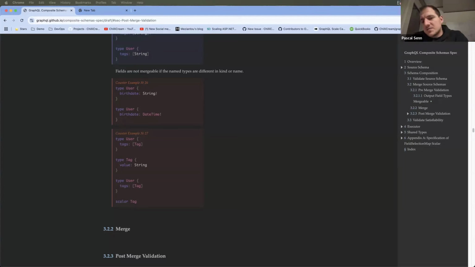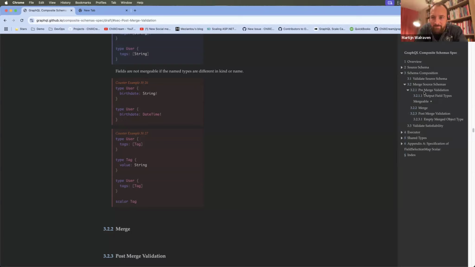I've checked what you have in validation in Federation, and there are certainly a lot of rules that are not yet in the specification. So I'll check what makes sense to add, and then I will add it with the best understanding of how this works. And I think the first time we actually see what's missing is when we first build the validation, the merge and the composition, and then see where the issues are. Implementing it will show the issues.